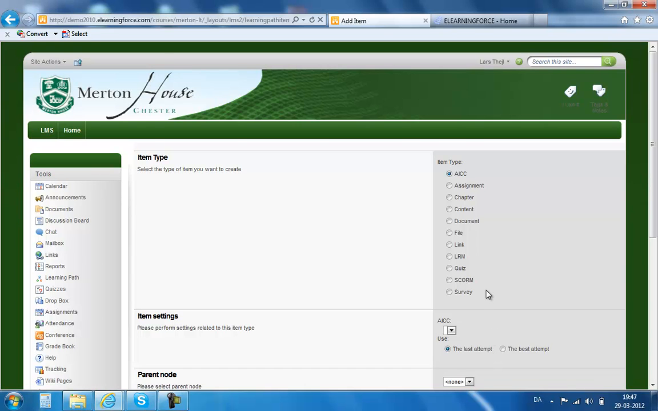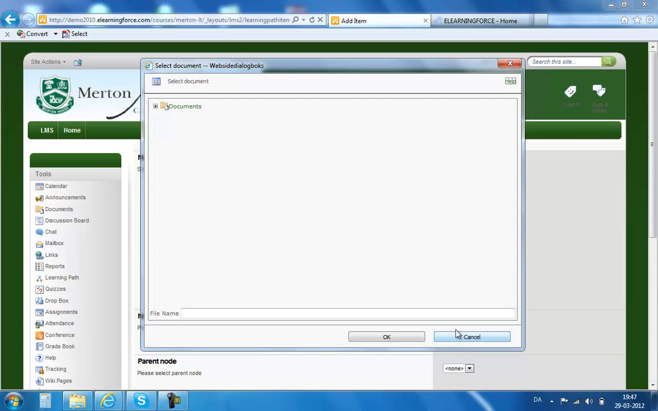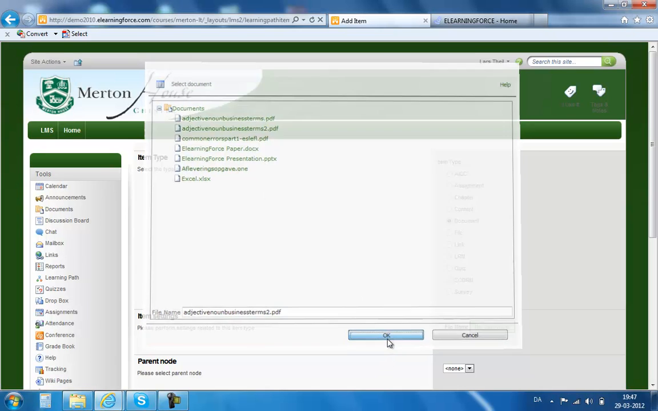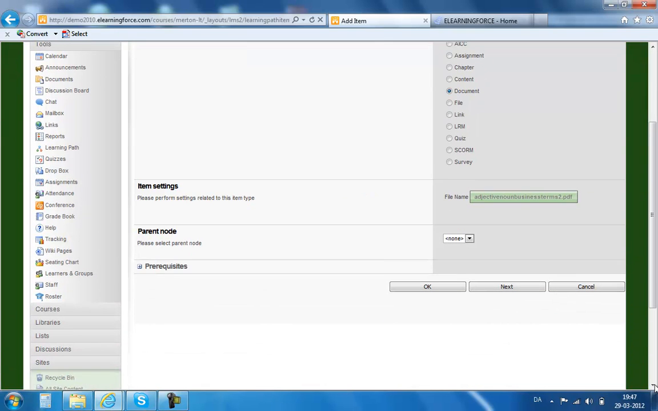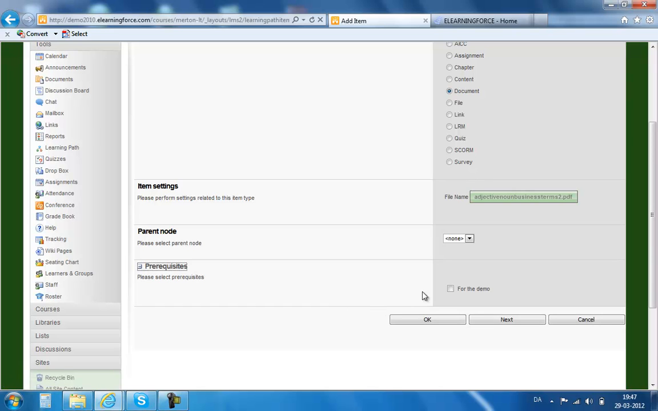and here again we can add some more. So if I add a document this time, I will then have the chance to go to my document folder, which is the document folder of the course, and here I can choose, for instance, a PDF file. Say OK. So now it will add the PDF file to the learning path. Now I can use prerequisites. Here I can say that for reading this document you actually have to see the demo first. The first we included in here. We go next,